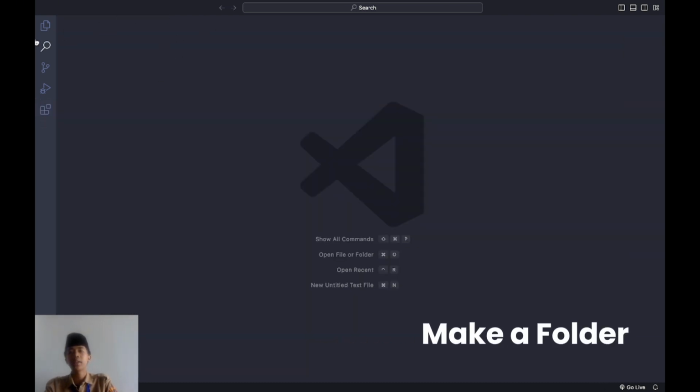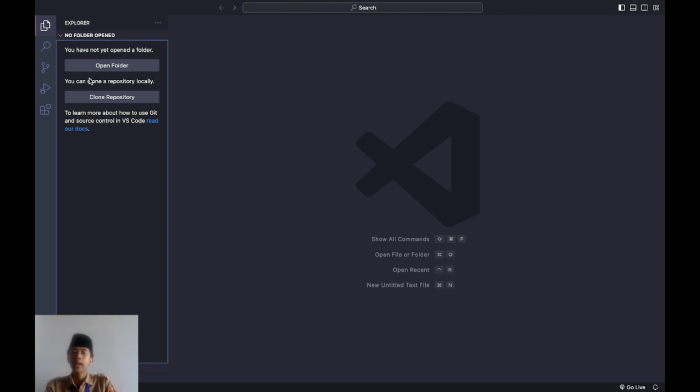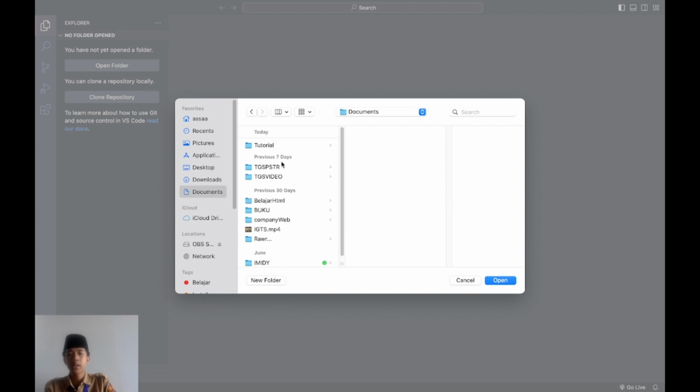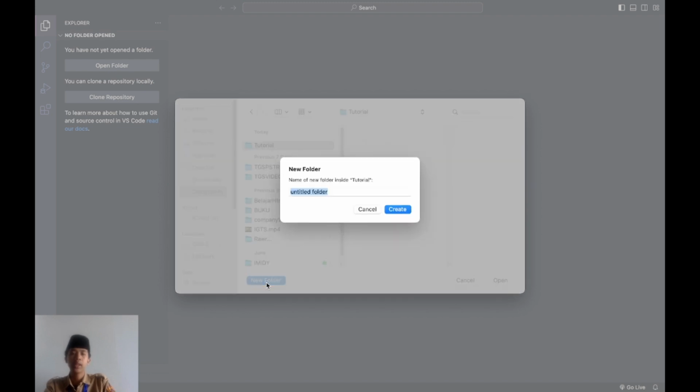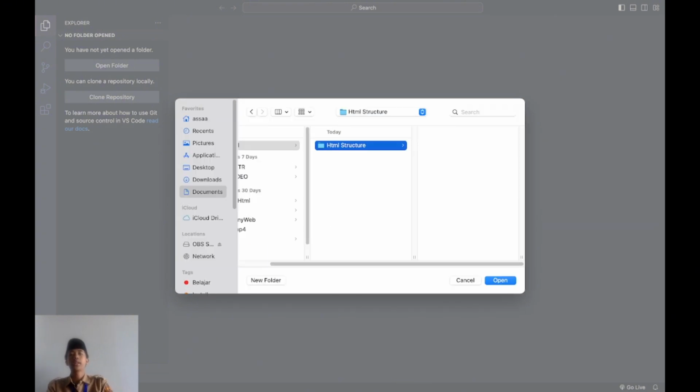Next, you can go to the Explorer here, the first icon, and open folder. Here you can make a new folder. For example, I would like to make a tutorial folder, and inside it an HTML structure folder. Then just open it.